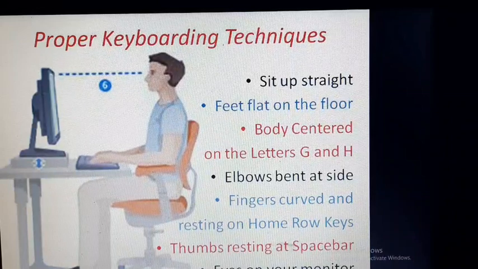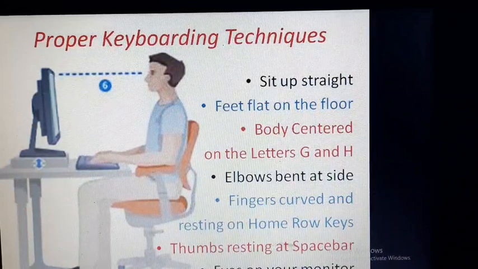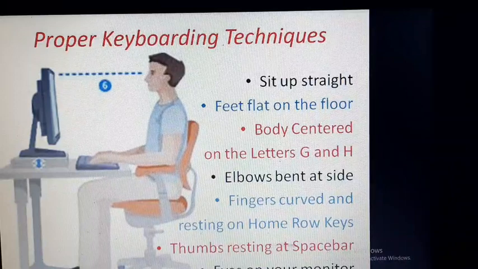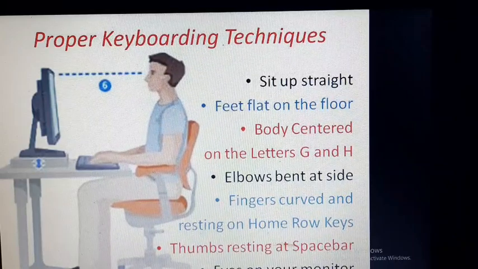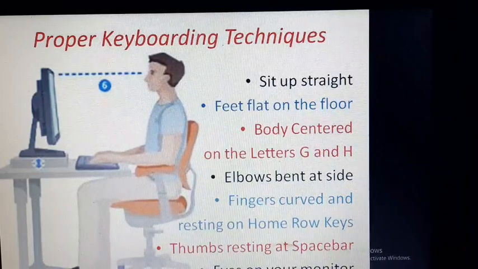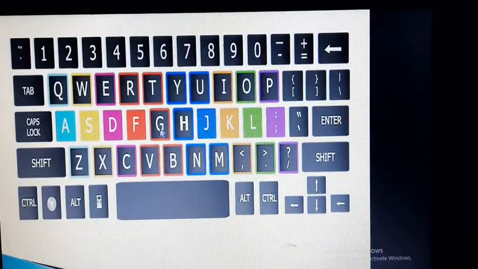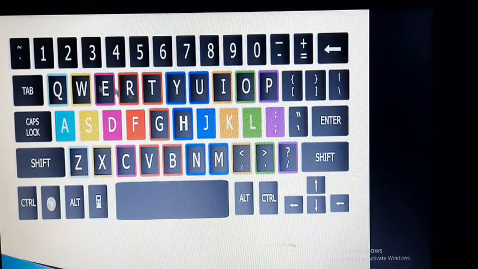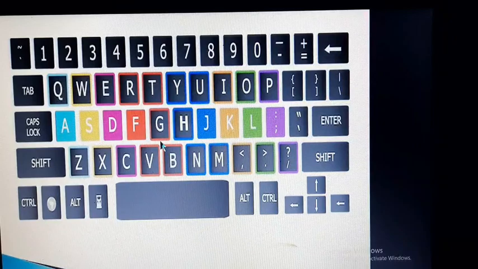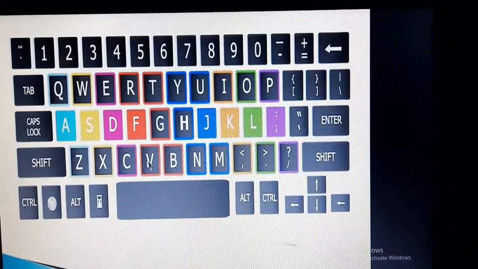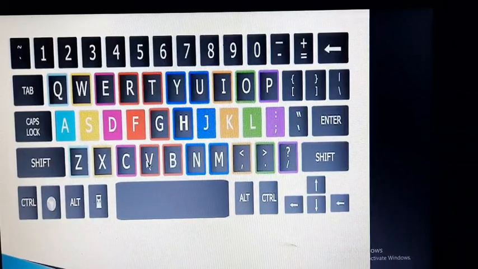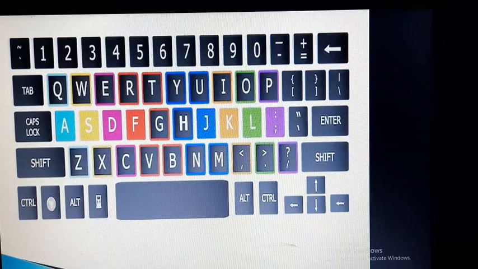There are some key points for successful typing. The first one is to hit keys only with the fingers for which they have been reserved. I have already told you the keys reserved for each finger in your hand. So while typing, you need to use the fingers for which the keys have been reserved.